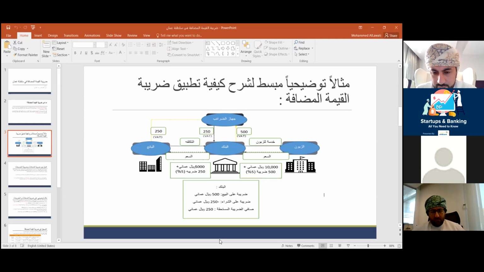So for the customers in the financial services, we will get the VAT only from the charges. So we are also collecting the VAT from the customer. So we have two ways now. We have input tax and we have output tax. So the net of the output and the input, at the end, on a quarter basis, we will pay